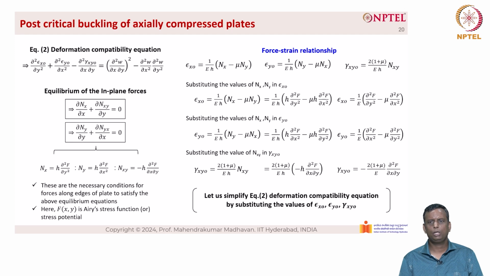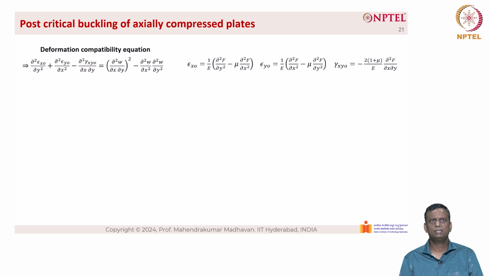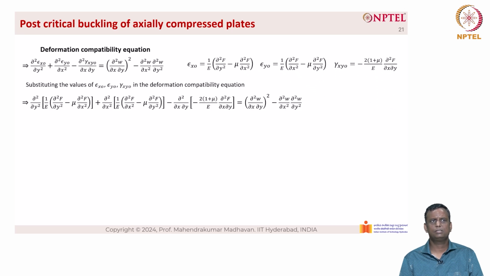Now let us simplify equation 2, the deformation compatibility equation, by substituting the values of epsilon x naught, epsilon y naught and gamma xy naught. So when we do so in the deformation compatibility equation, which is ∂²/∂y² into 1 by E into (∂²F/∂y² minus mu into ∂²F/∂x²) plus ∂²/∂x² into 1 by E into (∂²F/∂x² minus mu into ∂²F/∂y²) minus ∂²/∂x∂y, and substituting that, we have minus 2 into (1 plus mu) divided by E into ∂²F/∂x∂y